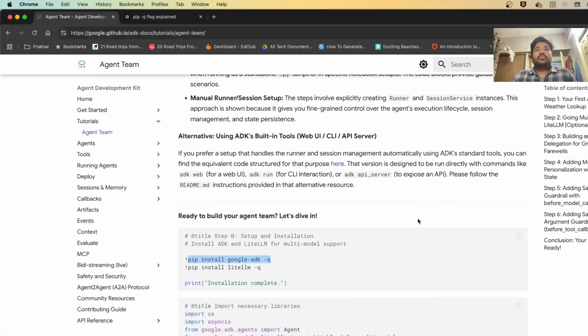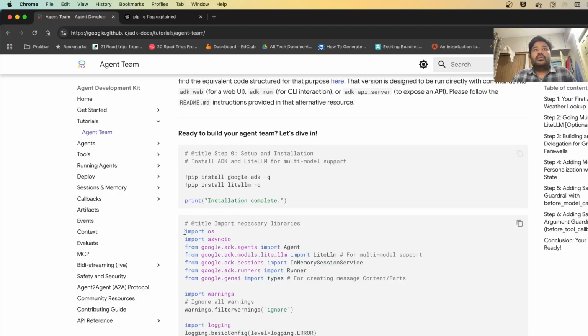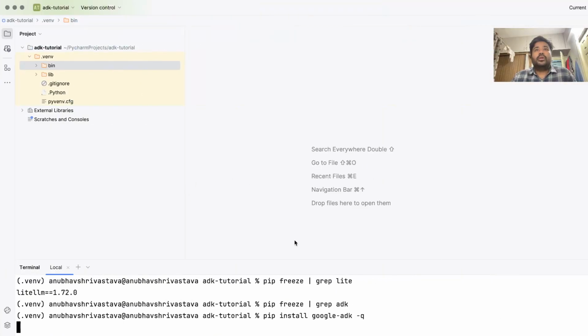ठीक है. Let this complete and meanwhile installation complete हो गया. ठीक है. उसके बाद importing a lot of things. ठीक है. तो ये तो हम ऐसे ही import कर लेते हैं for now. So for this